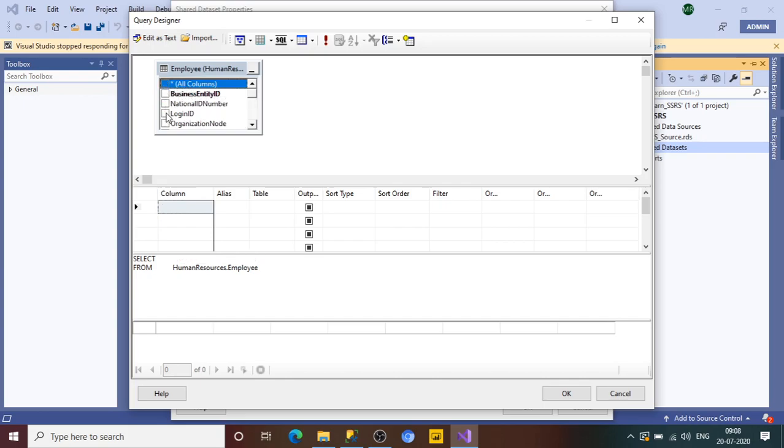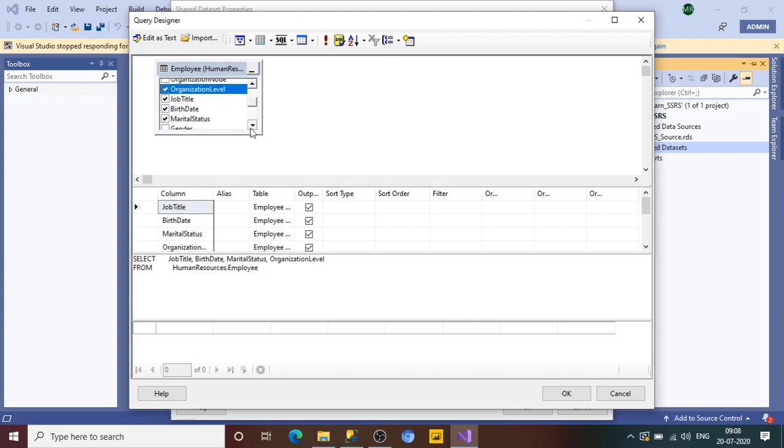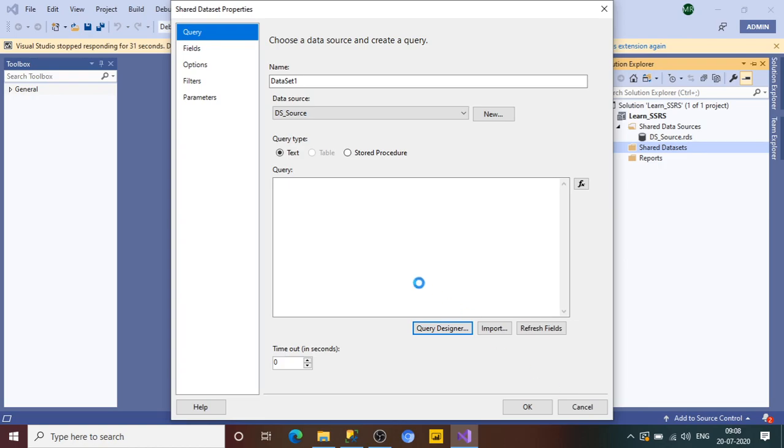If you want only a few columns, like job title, birth date, marital status, organization level, suppose I need only these details, I can select them here and click on OK. This way your query will be designed. All the queries you have created with the help of the query designer will be available here.